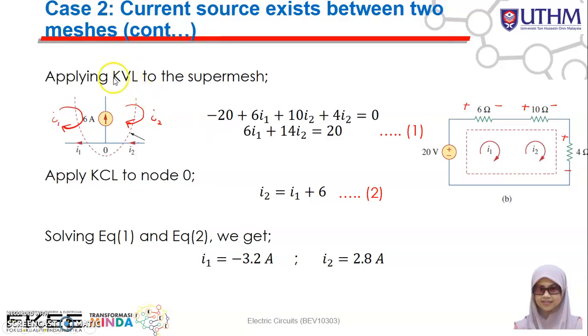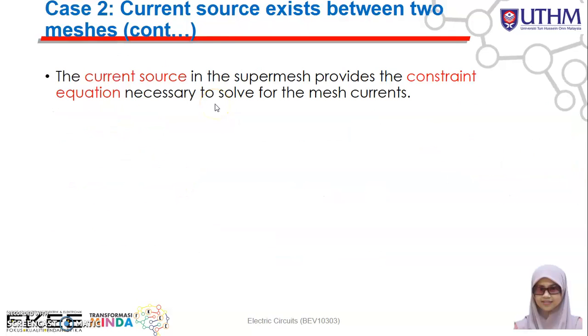You need to apply KVL for the super mesh, then you need to apply the KCL to the node that is connected to the current source. Okay, so for the summary, the current source in the super mesh provides the constraint equation necessary to solve for the mesh current. It means that, based on the previous example, when you have a current source,